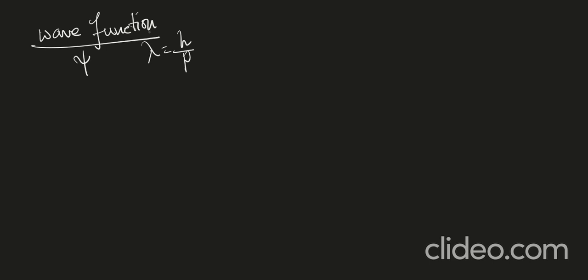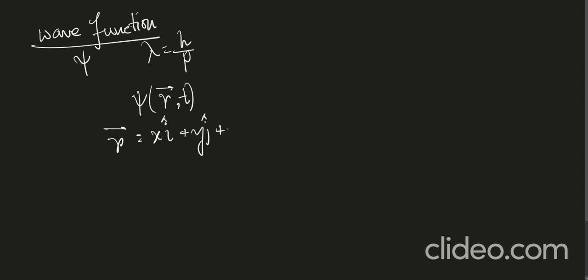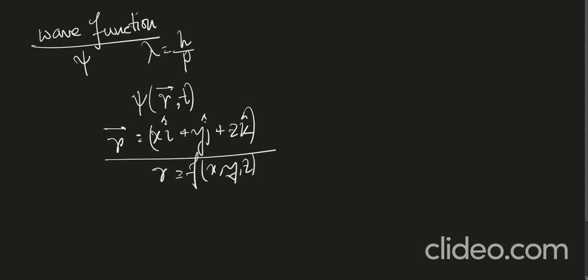The associated de Broglie wave function depends on two factors: one is 3D position and the other is time. It is a function of a space variable. That means r is a function of x, y, z, that is x i cap, y j cap and z k cap. So basically r is a function of x, y, z, and also time t,